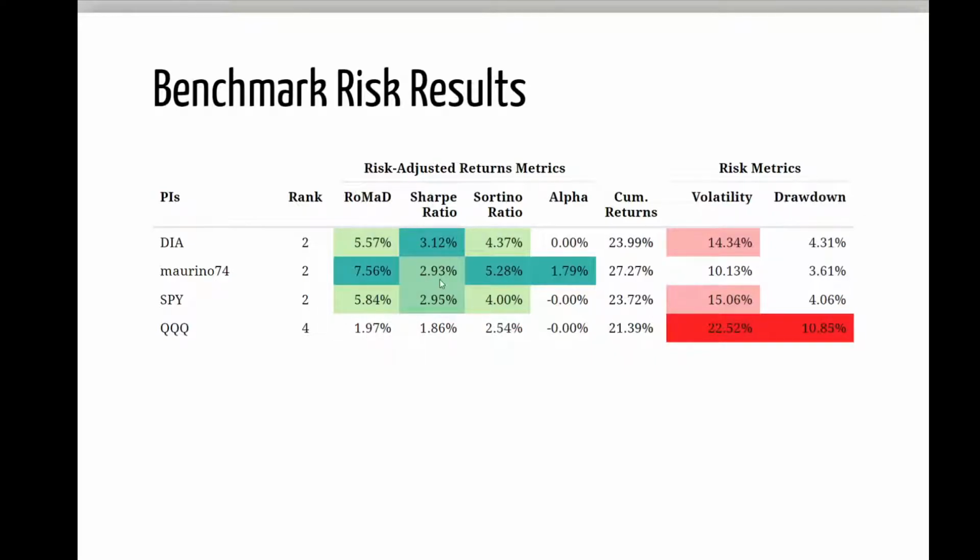If you look at Sharpe ratio, he's in third place, so not too good. But if you look at Sortino ratio, he's in first place. So basically, his portfolio didn't experience too much of fluctuations to the downside. It mostly experienced fluctuations to the upside. So I guess given that he's the only one who made it through the benchmark,